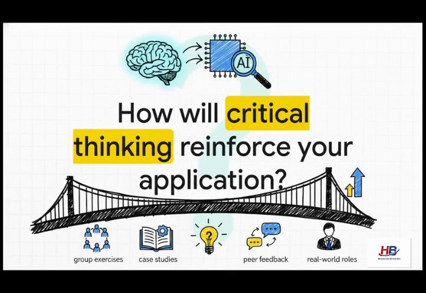So, what does this all mean? How will critical thinking shape your AI application? We've seen how this module builds a bridge from theoretical knowledge through group exercises, case studies, and peer feedback straight into real-world professional roles. But the true engine driving that entire process is your own human judgment. AI can generate the ideas, sure, but only you can critically evaluate and apply them responsibly. I want you to look at your work tomorrow and ask yourself, am I just accepting what the technology gives me, or am I truly thinking critically to